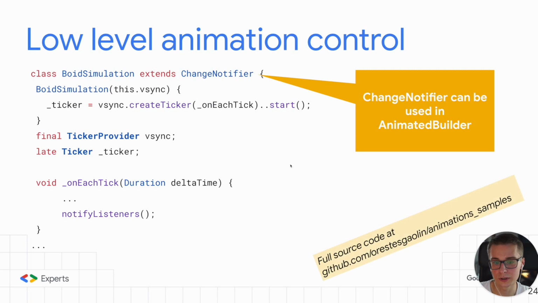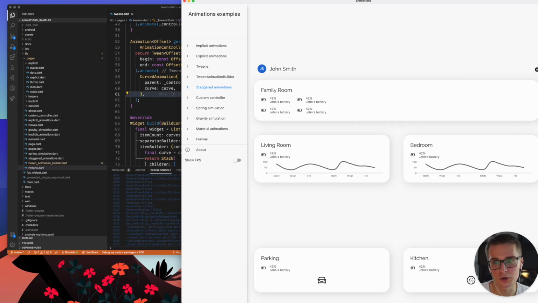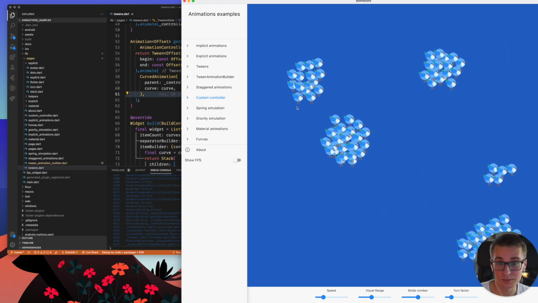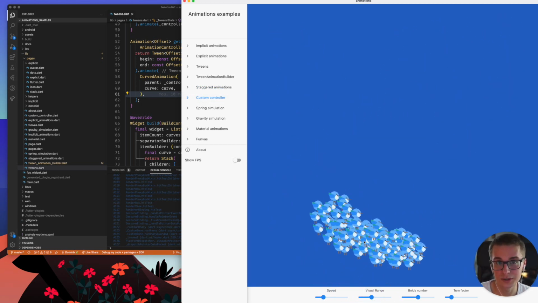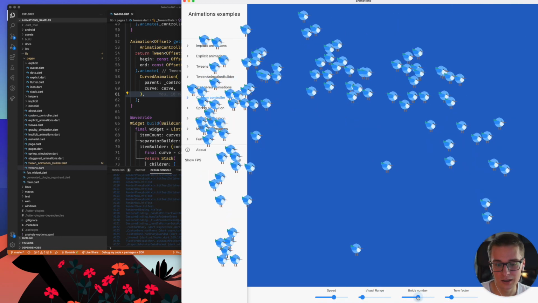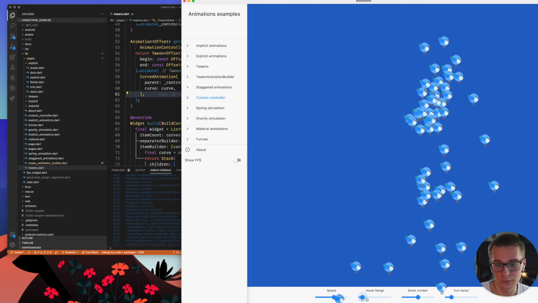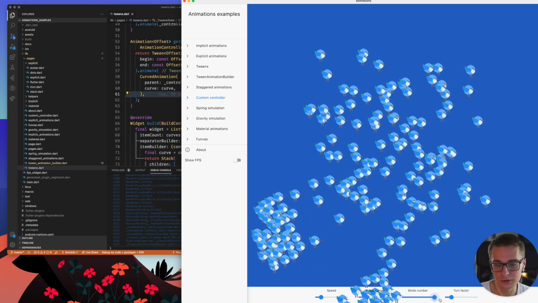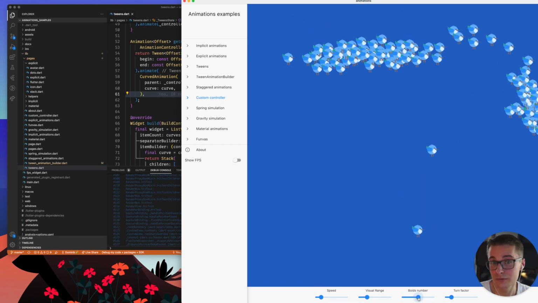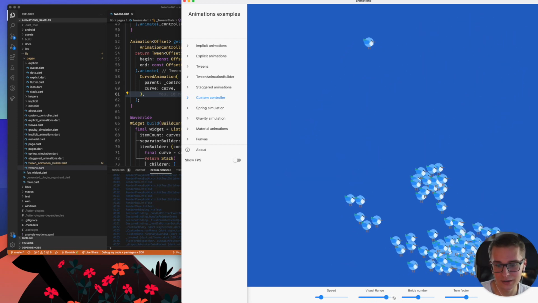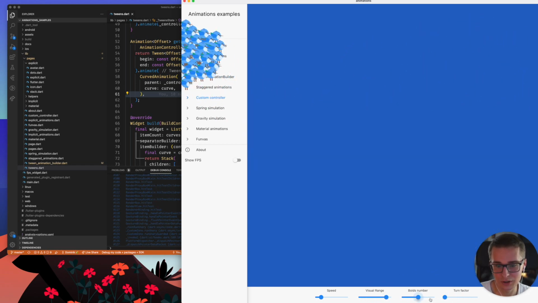So I have prepared, I would say, a bit more elaborate example here with Boids simulation. So the Boids simulation is just simulating a flock of birds, and in here you can just modify some properties of that. The birds can be a bit more willing to stay together, or maybe they can be faster, slower. You can also make their number a bit bigger, and the full source code is available, and you can just see how they operate. The funny thing is that at some point they just become like one big